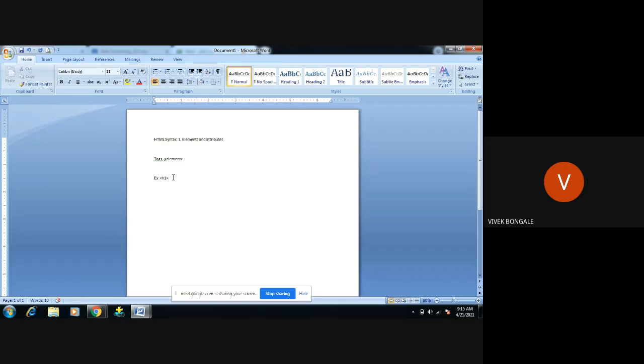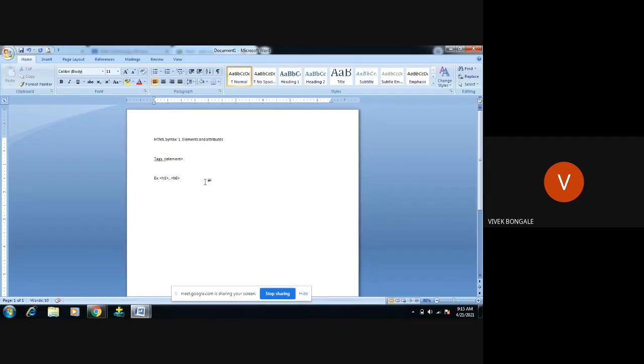We can have up to h6, h1 to h6. H1 has a larger and bolder alphabet size, h2 is somewhat smaller than h1, and it follows like this till h6.